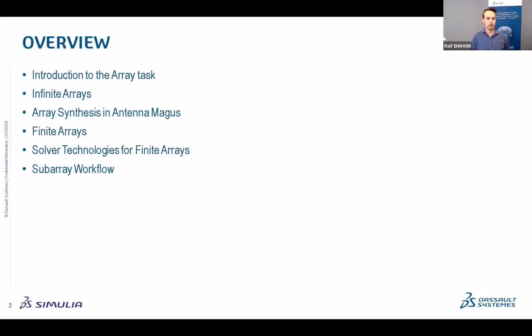and then move on to array synthesis in Antenna Magus, talk about finite arrays and the modeling and simulation thereof, and then really get into the depths of the solver technologies that we do have available for different types of finite arrays. And finally, I would like to end off with just a quick look at the subarray workflow that